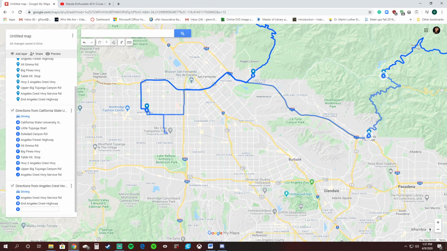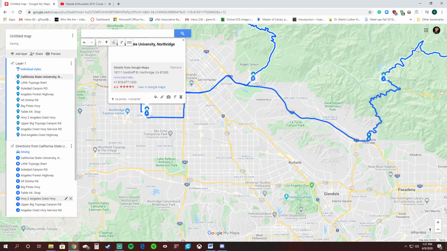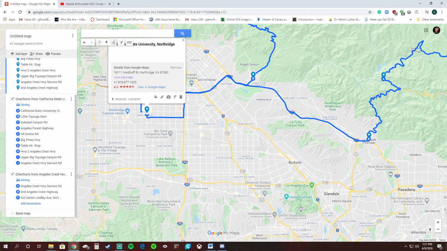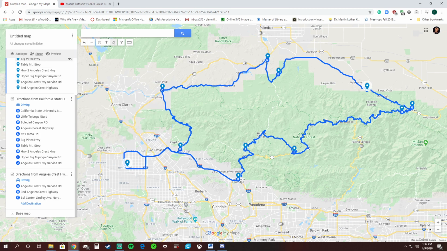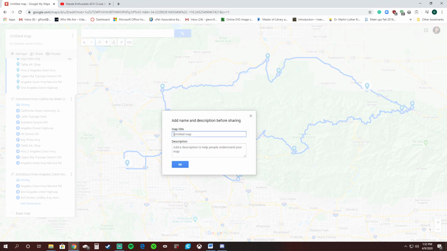So just like that, you see we've created a, oh, there we go. Okay, so now you can see we created our entire route right here. We also address a limitation in the software, and now you're actually able to export that to any number of users. Now, what the CSUN map library can actually do is they can export these routes on their website to users. They can title this